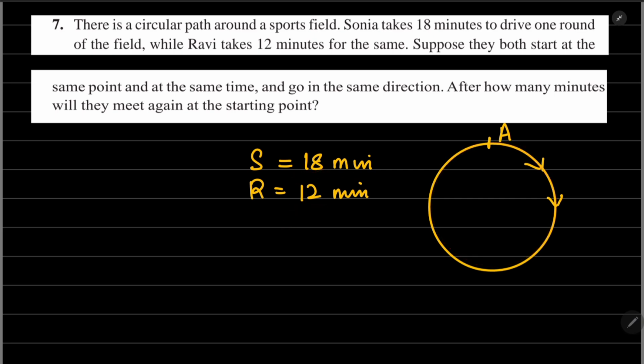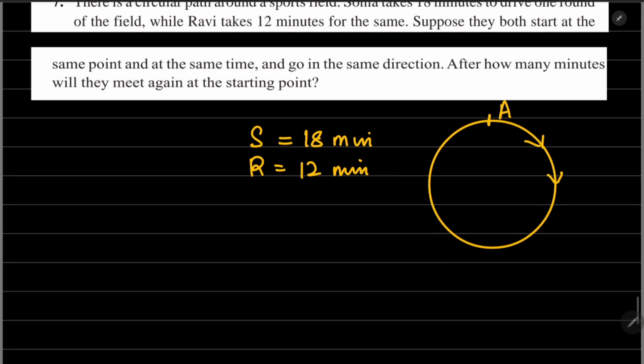So the amount of time they need to again reach back is definitely greater than the given data. Whenever your required answer is bigger than the given data,